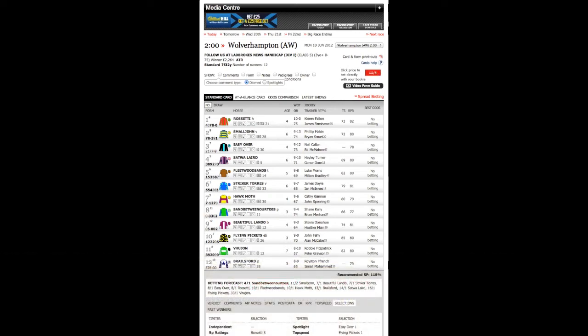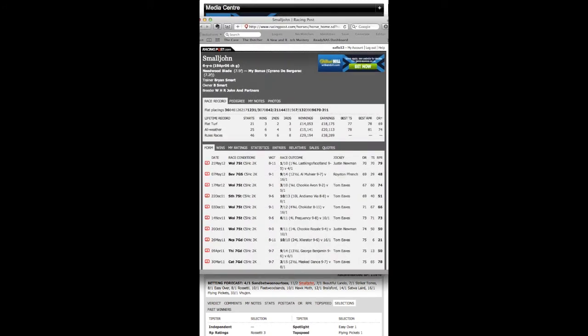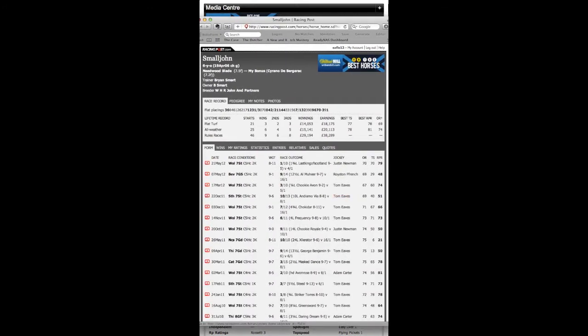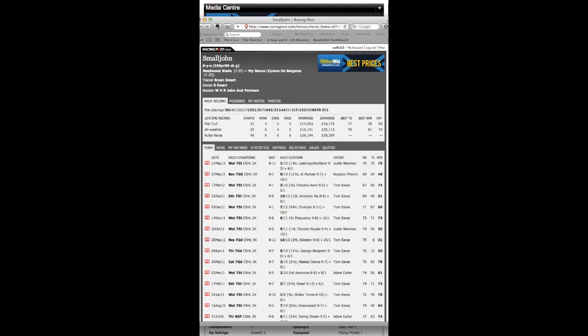Now if we go to Small John, if we have a quick look at him, find him there. Course and distance straight away, so nice to see, positive. We'll bring up his details. Now I know by the software that he was top rated. He's won at the course, he's won at the distance, he's won at the class, obviously on the surface. Plenty of form here to go on, so you can have a good look back through all of this, check his stats,